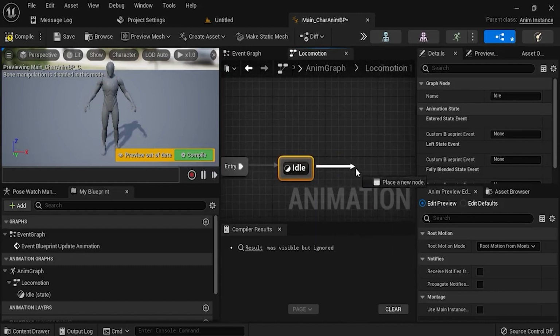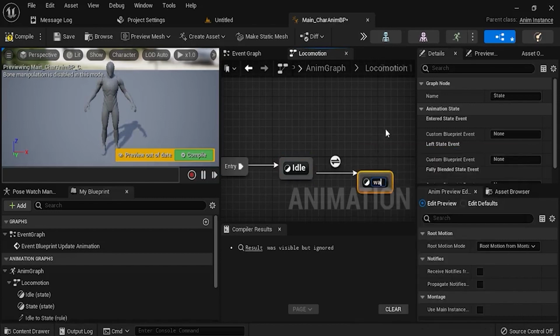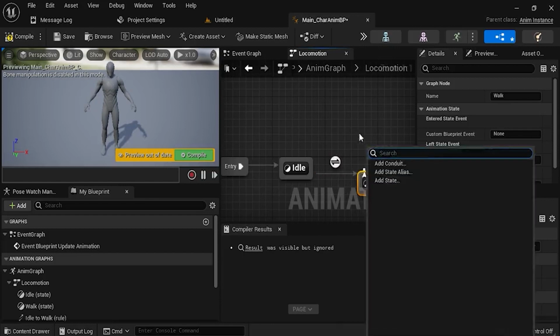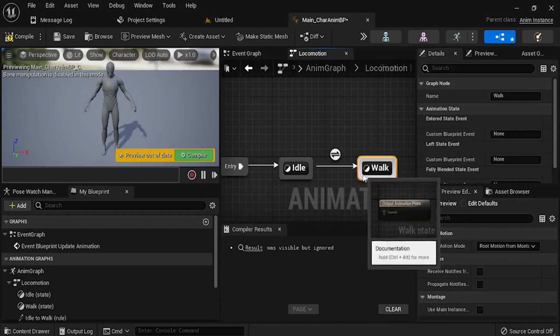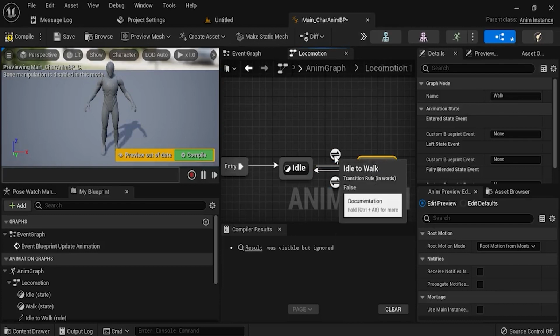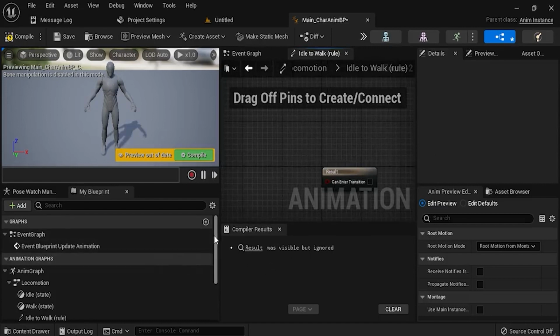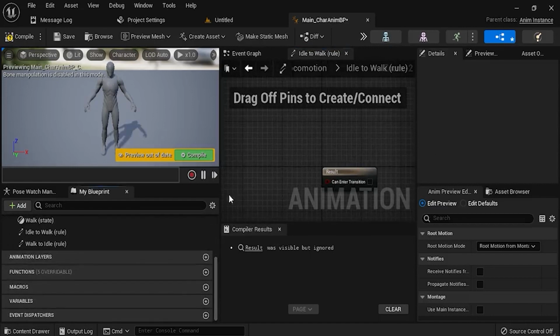Now from idle state I want a walk state, so I'm gonna add in a state and type walk. You can see that on top of this you have this transition kind of icon. I'll explain what it is. Now from the walk you have to drag another arrow towards the idle, and you can see that it tells create a transition. Just leave it and you're gonna have another transition icon. Now what does this mean? This basically stores the boolean value for when an event is triggered,